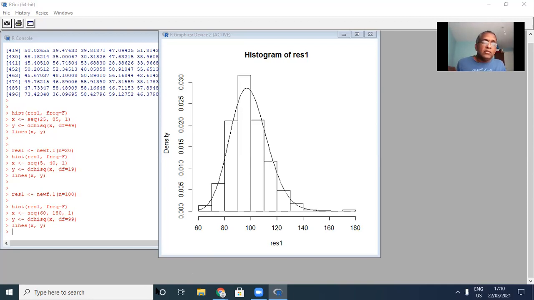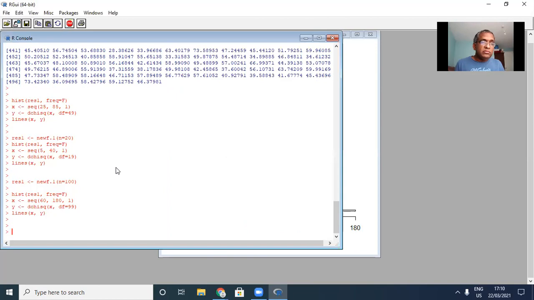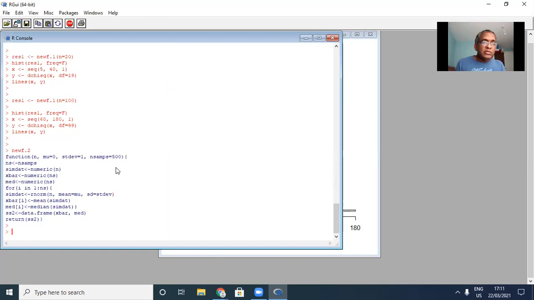Good. All right. So the next section I'm going to talk about is the sampling distribution of the sample mean and the sample median. So for that I'm going to use the next function. There's a function called newf.2, right? And what this function does is the following. It computes 500 values of